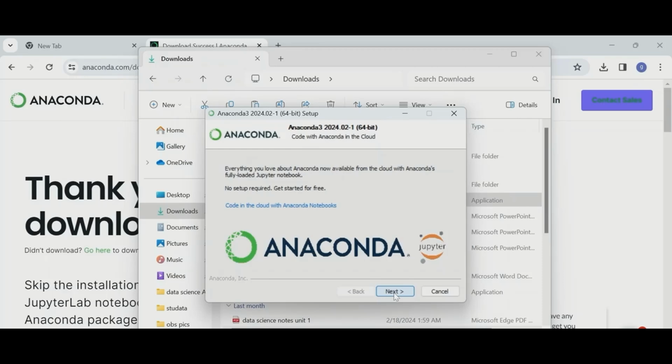Everything you love about Anaconda now available from the cloud with Anaconda's fully loaded Jupyter notebook. No setup required. Get started for free. And code in the cloud with Anaconda notebooks. So now we will click on next,